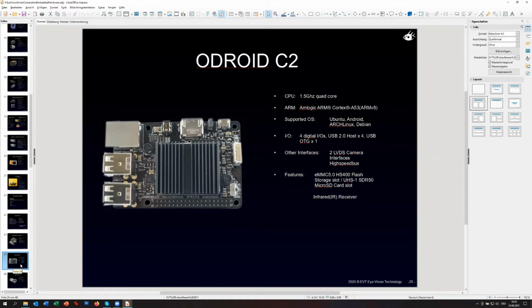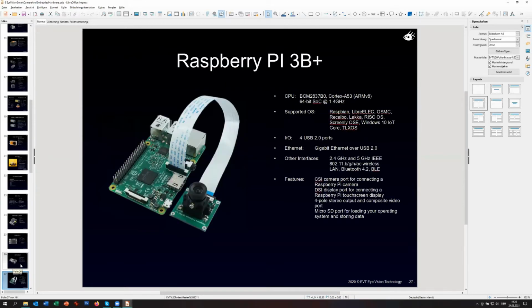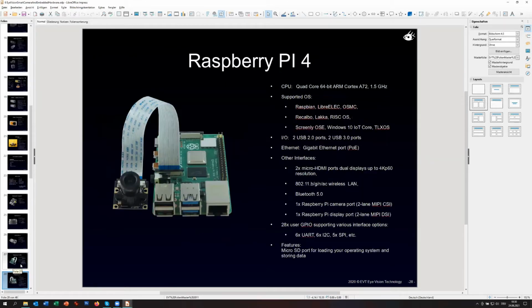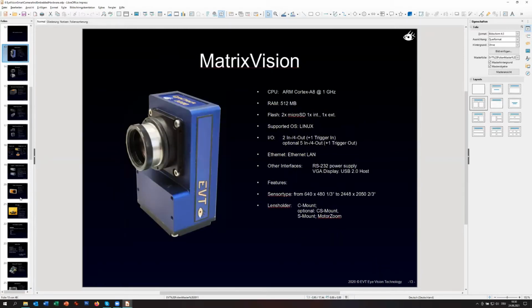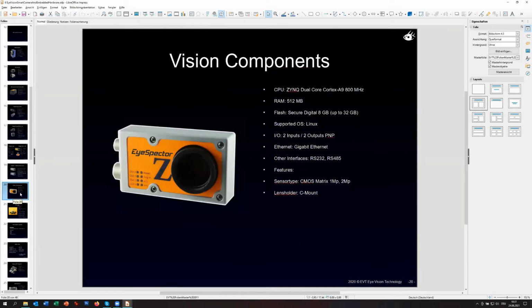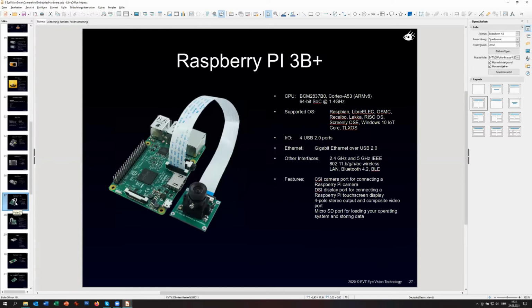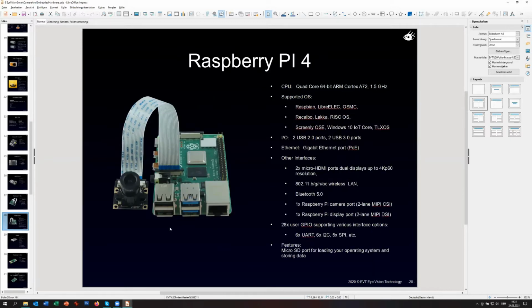Most of these also have USB 3 and GigE interfaces, or, like the Raspberry Pi 3 and 4 and some of the others, a MIPI interface, which allows you to connect a sensor module directly to this board. And if you build this in one package, it looks very similar. If we go back to maybe this one or this one, it looks very similar to these smart cameras. Of course, there is no housing, so maybe you have to build your own housing, or